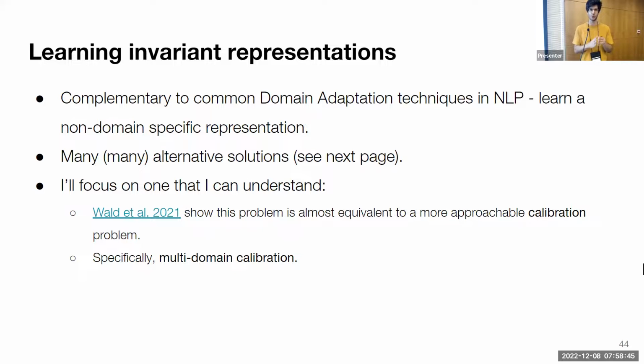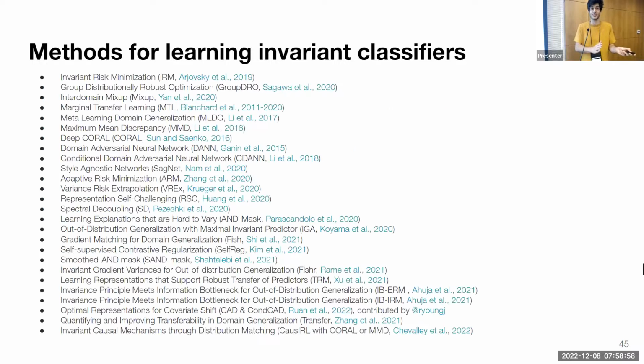So there are many alternative solutions for generating a representation that is invariant to some environment variable. I will discuss one thing that I've been working on, but there are many different ways. This is not even a complete list of solutions. I think many of them could be very easily used in NLP. So far, people have not been using them. One thing we can identify is ideas from domain adaptation, which we are using, but for many of the others, this is not the case.